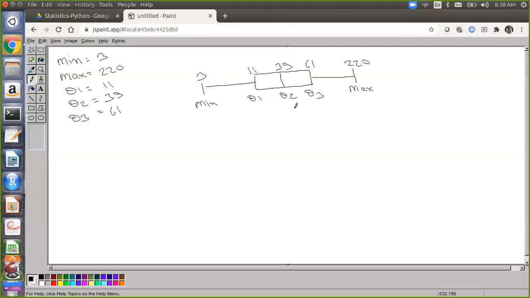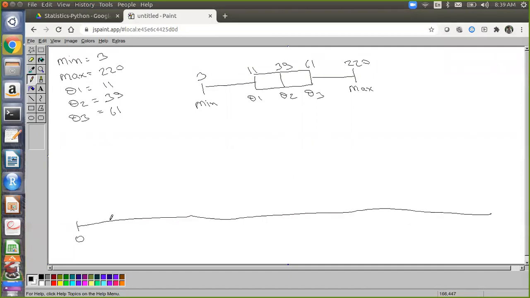Is this how everybody has done it? Yes? Correct? Okay, so there is a mistake. If you draw a box plot this way for each and every data set, the box plot will look the same. So what you have to do is make use of a scale. Pardon me for these kinds of lines.